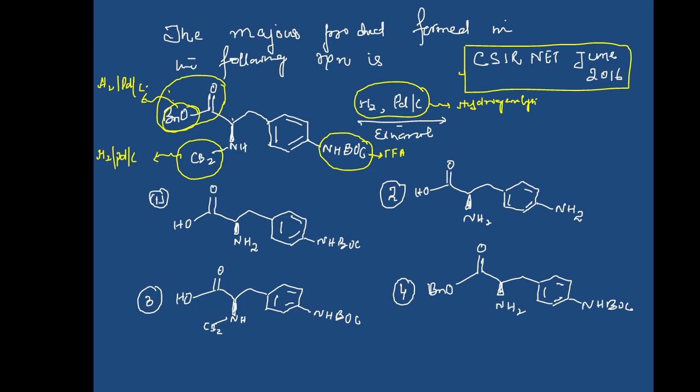Now we can clearly see this group cannot be deprotected by H2/Pd-C. Over here, this group has been deprotected, therefore this is not the correct answer. Over here, we can see this group is protected, so it might be the answer. Now see, CBZ is deprotected by this, therefore CBZ cannot remain over here. This is an incorrect answer. In this case, Bn is protected, but Bn cannot survive H2/Pd-C. It deprotects Bn. This is not the answer. So the correct option is option number 1.